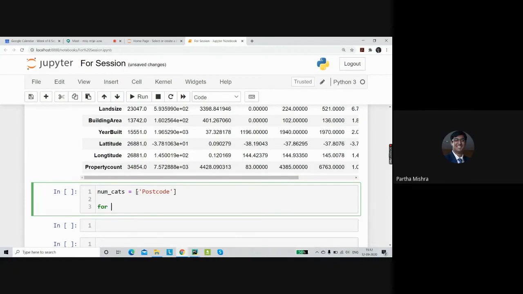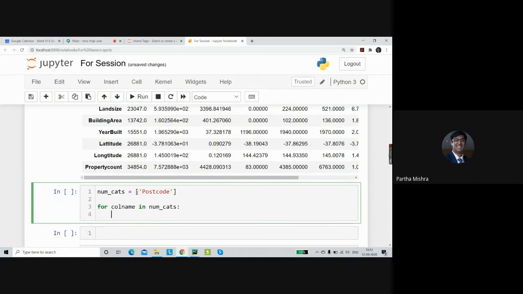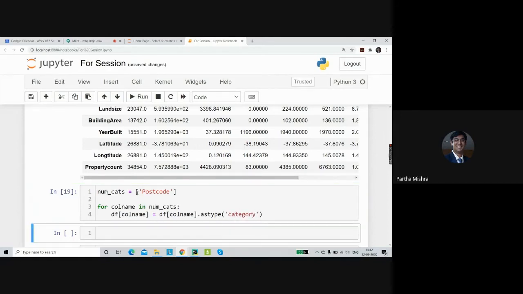Like before, we can simply write: for colname in numcats, df[colname].astype. We require this to become a categorical variable, so we'll simply mention category. Let's run this. Okay.